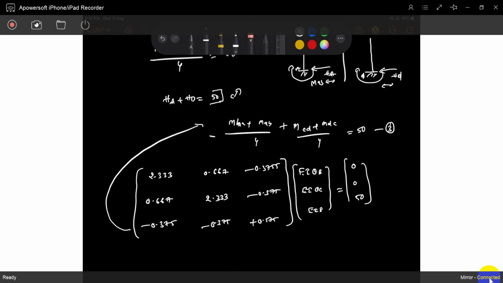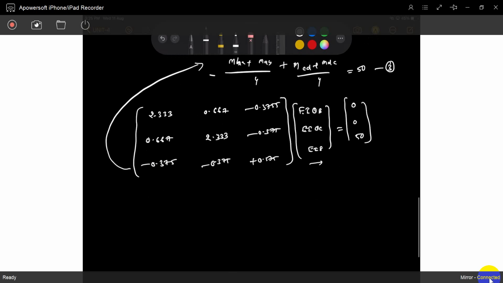If you add those values, you will get the equation like this, theta B, theta C. So every equation will have some values. Solve it and you will get